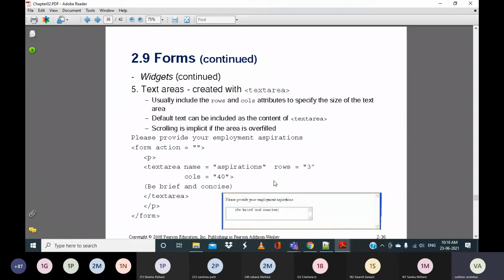Basically we use this text area when we want to specify addresses or feedback comments. Usually when you open any online blogs, do you know about blogs?